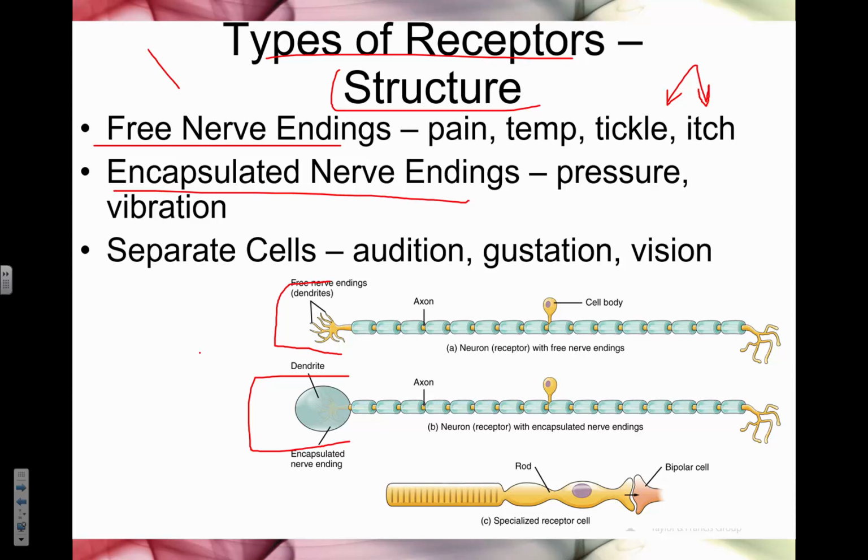And that sounds like a bad thing, right? Because you're not feeling, it's not got that sort of filter there, to cause a threshold before you feel it as pressure. So that's kind of important. And then we actually have things that are separate special cells. And these are things like audition, gustation, and vision. We'll talk about those structures later. This is a photoreceptor, and it has that cool special shape to absorb light.